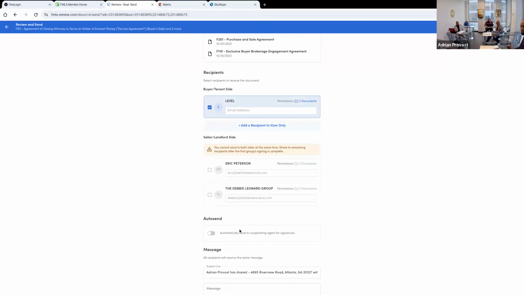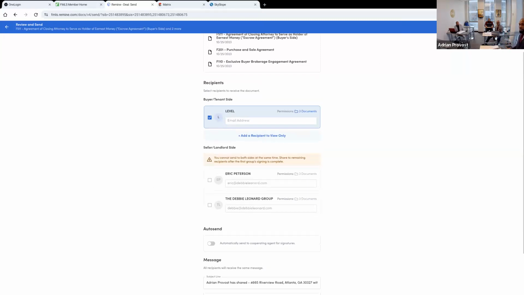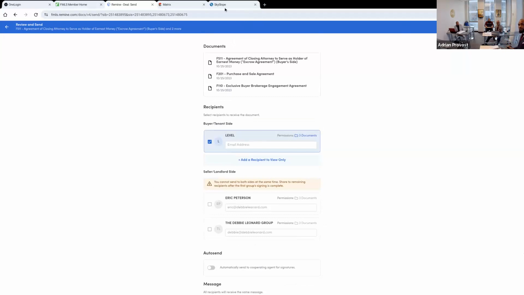And then I can also say, if I want to auto send after. Gotcha, after the one party signs. Yeah, it'll do it automatically. Gotcha. If not, it's a step you have to take. But again, right now we're only focused on our buyer. So our buyer signs off on it, right? Some buyers might say, print it out, send it to me, or scan it to me, email it to me. I'll review it first. Some people want to just sign it digitally like this. It's fine. Either way. So now that it's signed, right, hypothetically,